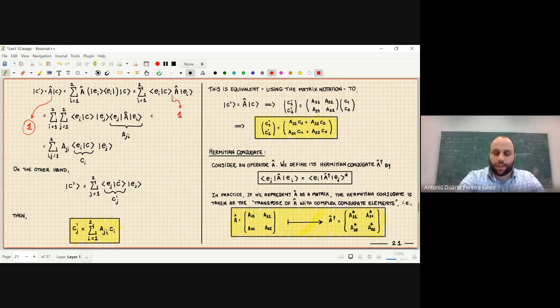And when I insert the identity here, I will have this butterfly, EJ, EJ, and I have to insert another sum, okay? So be careful. I had this sum, and now I have another sum that takes over these projectors here. So now I have a cat EJ, a bra EJ, that multiplies A hat and EI. But this sandwich, EJ, A hat, EI, we know, we gave a name to it, and we call this,